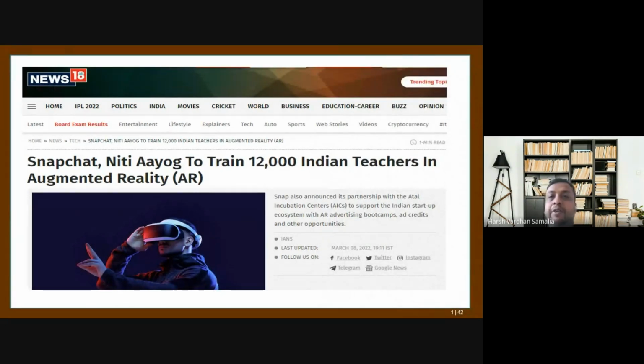Even the Indian government is now waking up to the potential of augmented reality, and this is something they are giving a very big focus, a big push or thrust, in order to make our. So this is one area where I can suggest that you can join hands with some of the